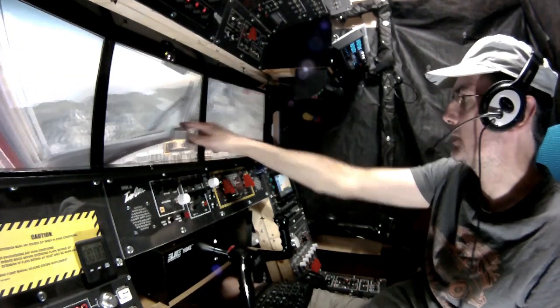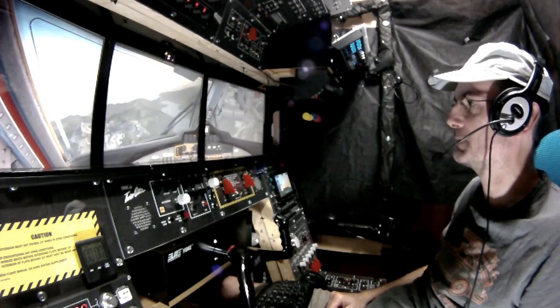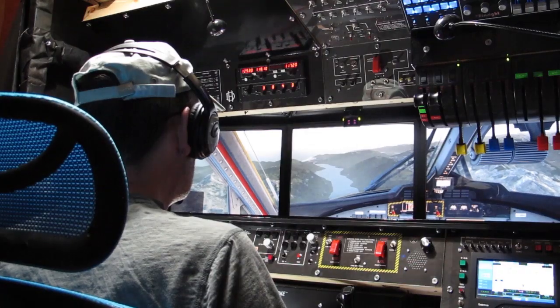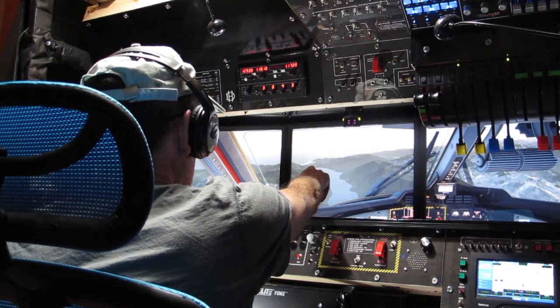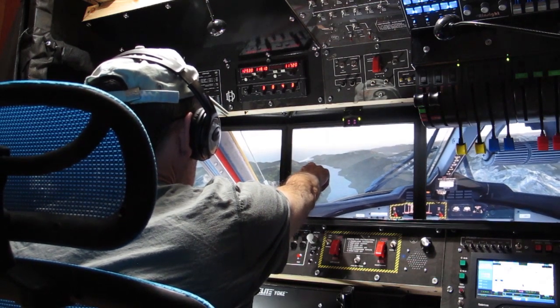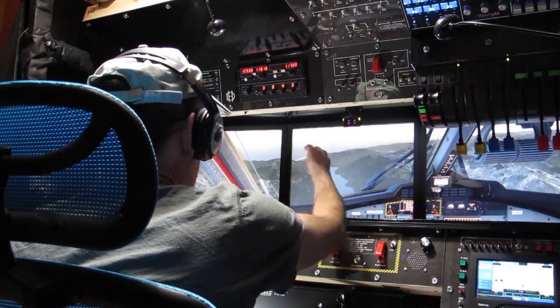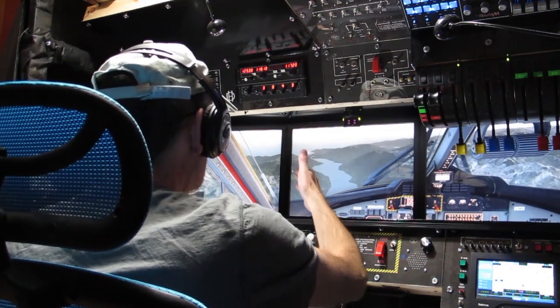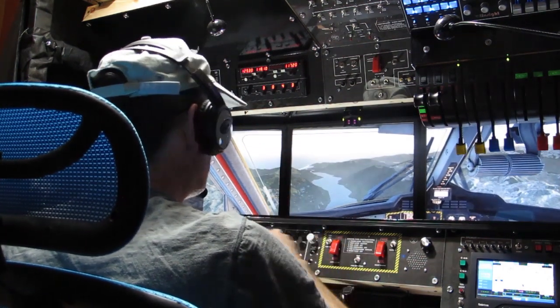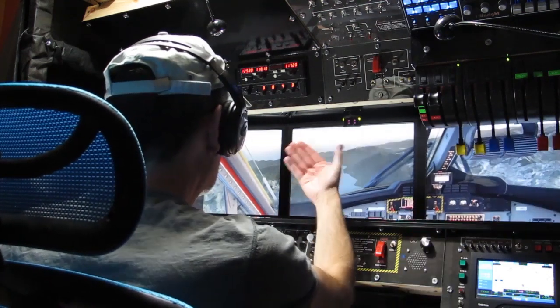Okay, the ice just disappeared. That wasn't very gradual. It just went. I can see a strip on the spit there. That's a strip that's going in that orientation. That's not the one we're going to land on. The one we're going to land on is this side of it, running